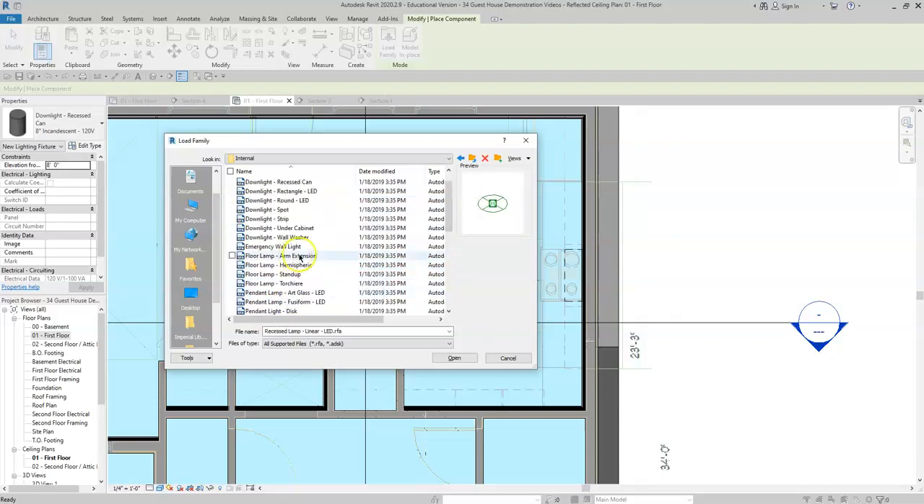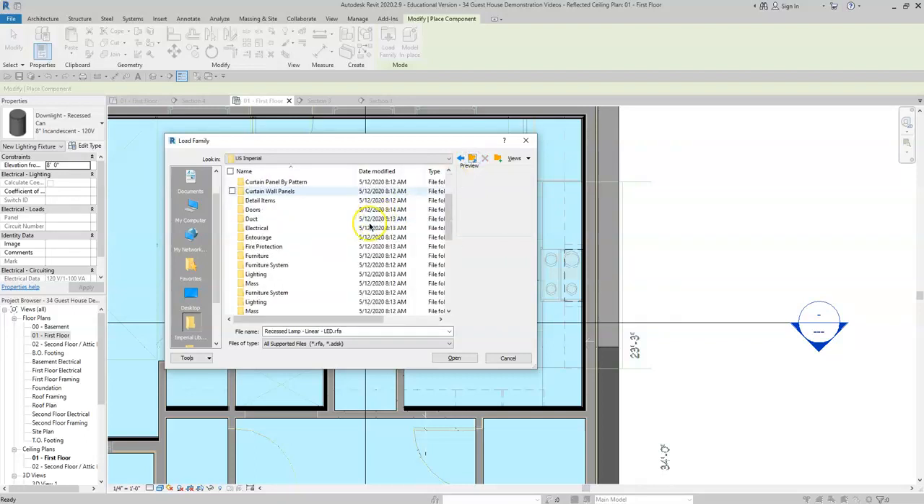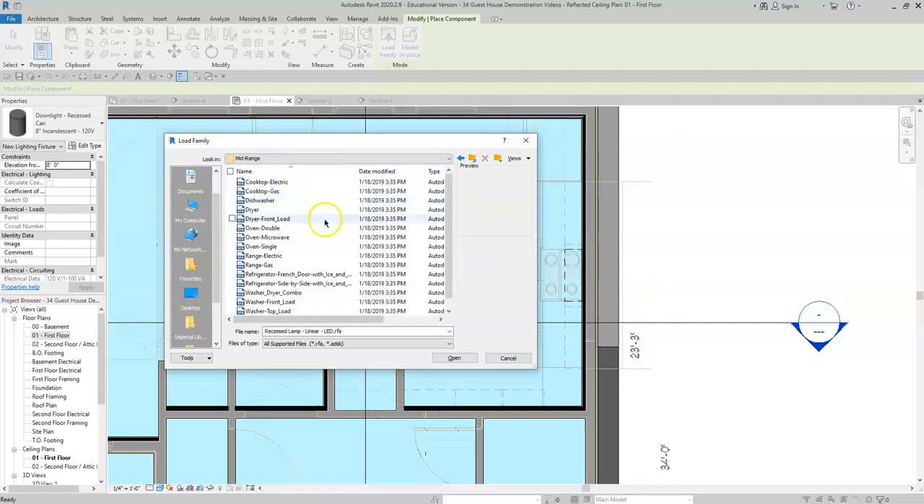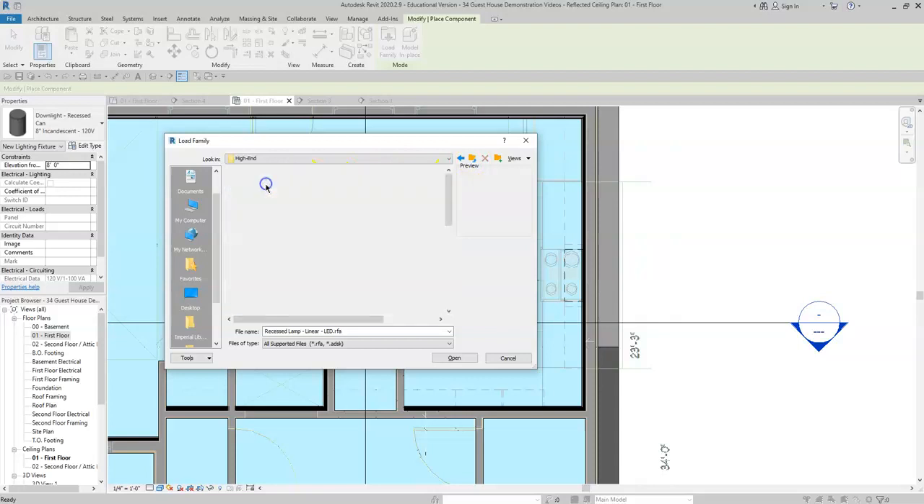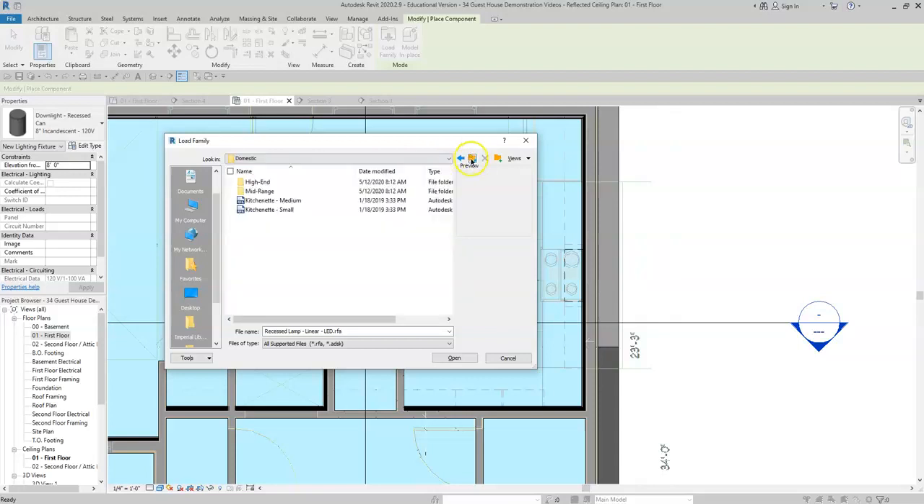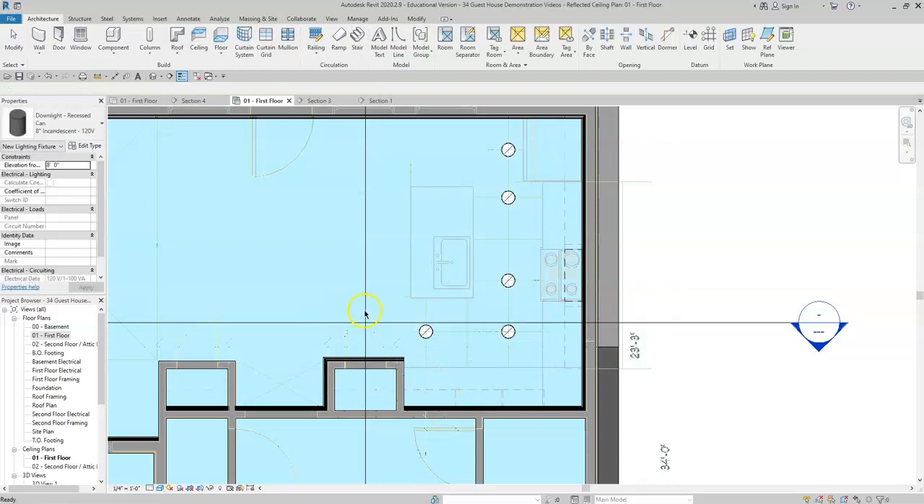We don't have one in our library. Let's see. Let's find specialty equipment. Let's see if one's in there. Domestic, mid-range. We do not have one. All right, so this is going to be our first go at getting an external Revit file. All right, so if we want to find a ceiling fan,